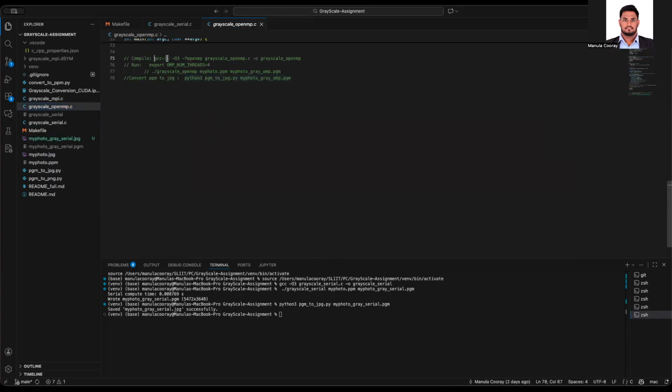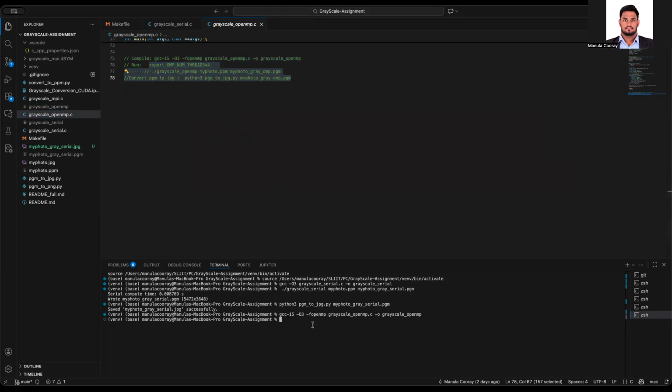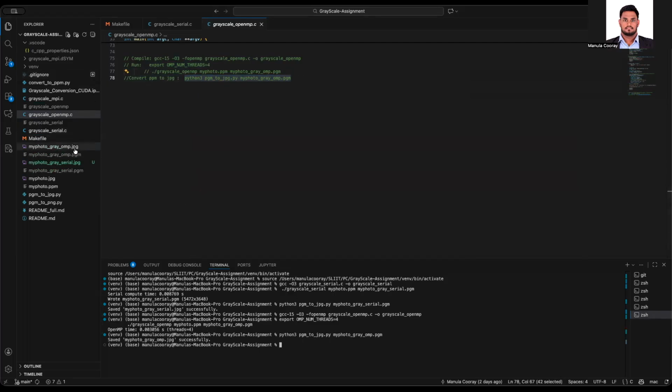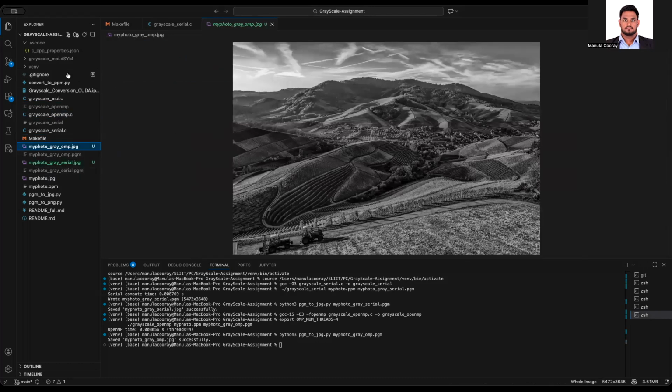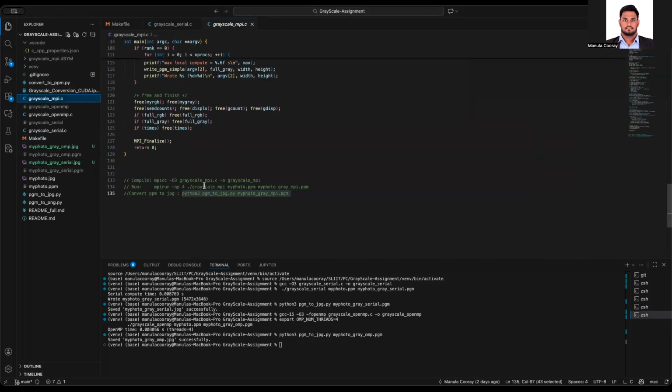Next we'll run the OpenMP. When we open, next run the